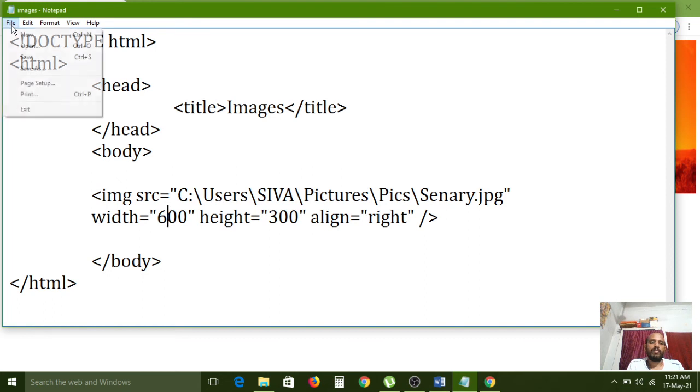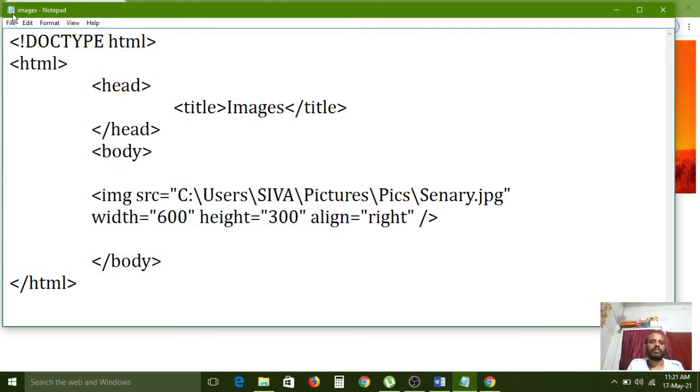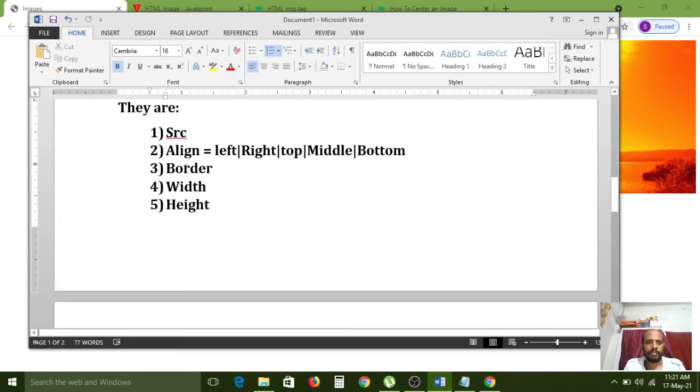Go to file menu, choose save option. Now I am refreshing this page. Now understand, the image is displaying with very clarity. And next attribute is what?